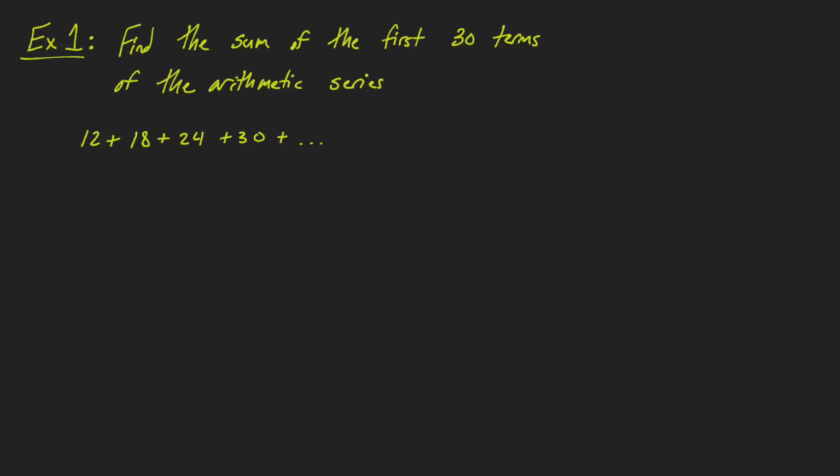Alrighty, in this example we're supposed to find the sum of the first 30 terms of the series 12 plus 18 plus 24 plus 30 plus and so on. So I urge you to pause the video now and make an attempt at finding the sum applying the formula we had just used. So let's get started. I'm going to first start off with writing out the formula, saying that the sum of our series is going to be equal to the count of the number of terms in our series divided by 2, and our first term here, which is 12,